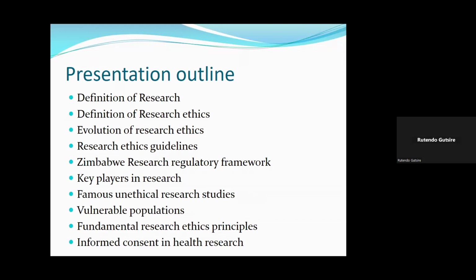If that is not possible, there should be a witness to agree that, in the case of old people, if my father is 87, if you want to do research on him, one of us, his kids, has to be there to give consent. At least you'll understand what you want to do, and then we agree on his behalf. So that's the issues to do with informed consent in health.